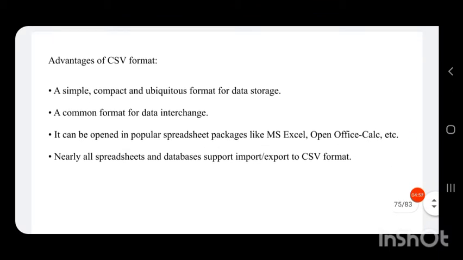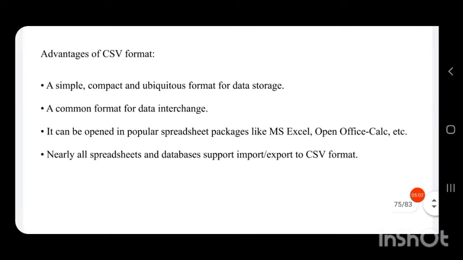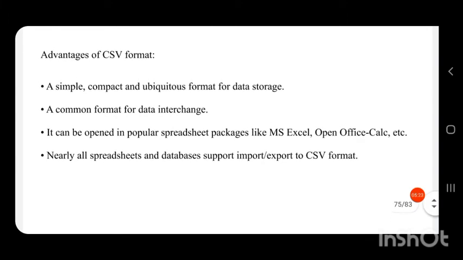So let us see what are the advantages of the CSV file format. It is a simple, compact and ubiquitous format for data storage. It is a common format for data interchange because whatever we convert into CSV will be in the same format, that is comma separated.